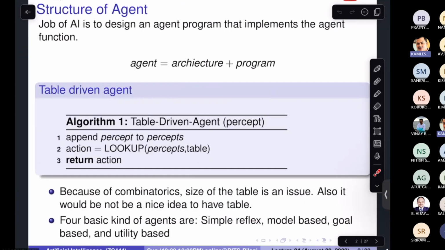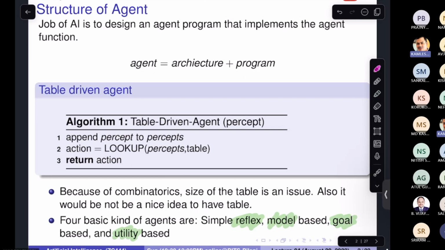In the last class, if you remember, we were talking about something very interesting: what are the different kinds of agents possible. We have seen that there are actually 4 kinds of agents possible. Kinds of agents means they are definitely going to have a characteristic difference between each other. One is the reflex agent, another is model based, the third one was goal based, and the last one was utility based. Briefly, we discussed the difference between them in the last class,